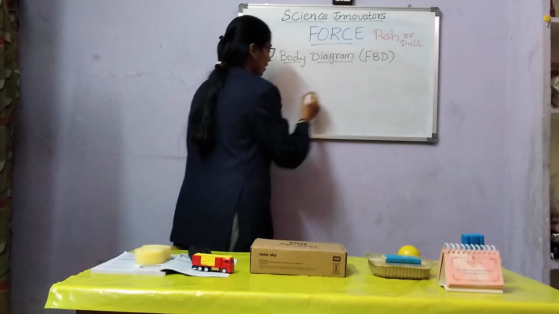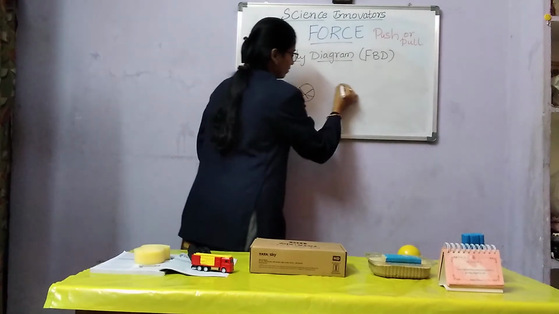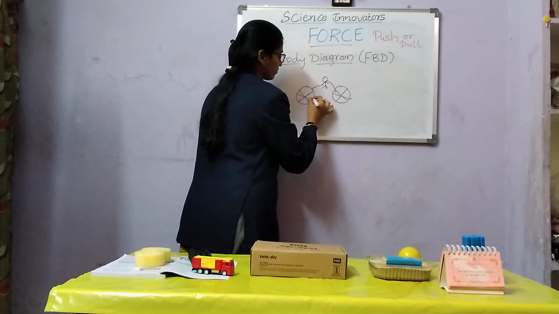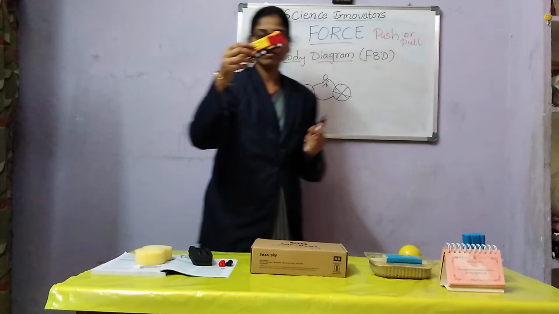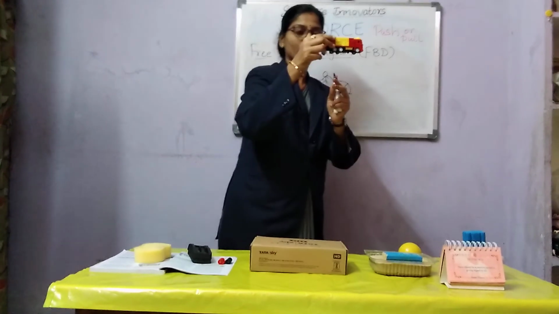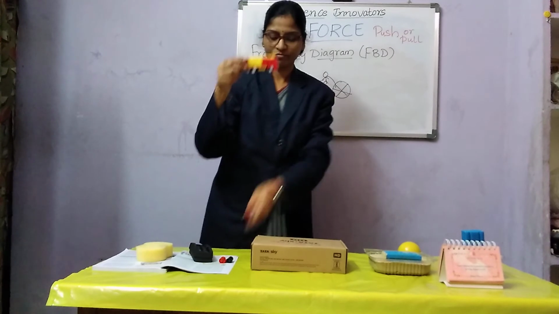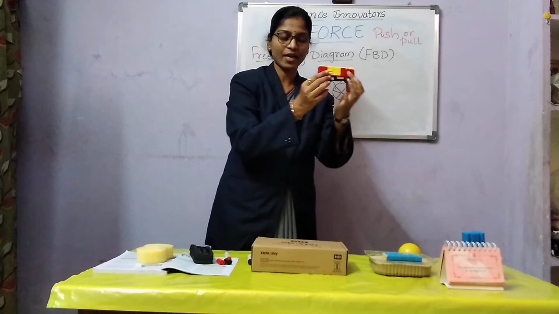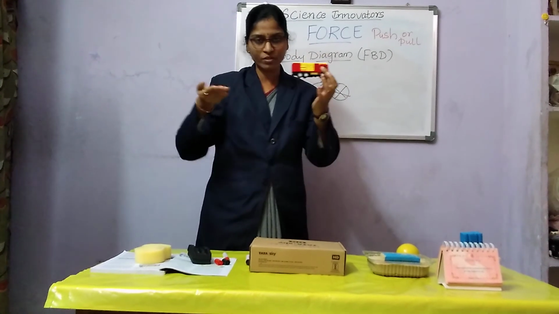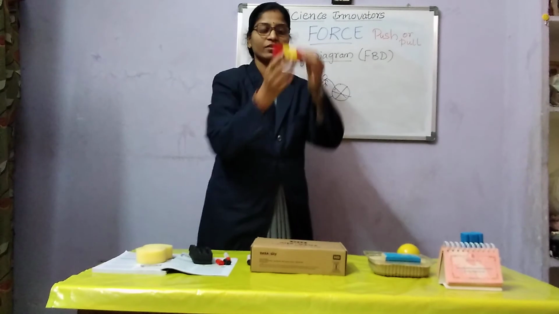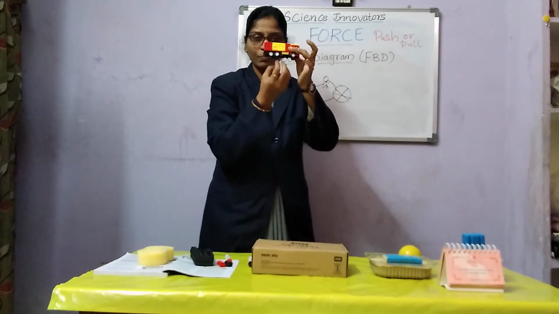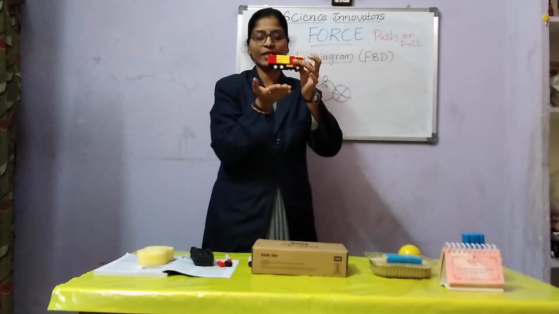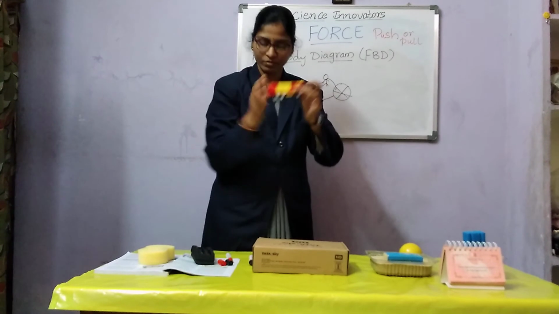See, for example, a vehicle is moving with a driver on his seat. A vehicle is moving on the road, and the engine with the driver is trying to move the vehicle in the front direction. The ground applies a certain force to stop the vehicle, and the total weight of the vehicle is pulled down by the gravitational force, and the normal force keeps it stable on the ground.